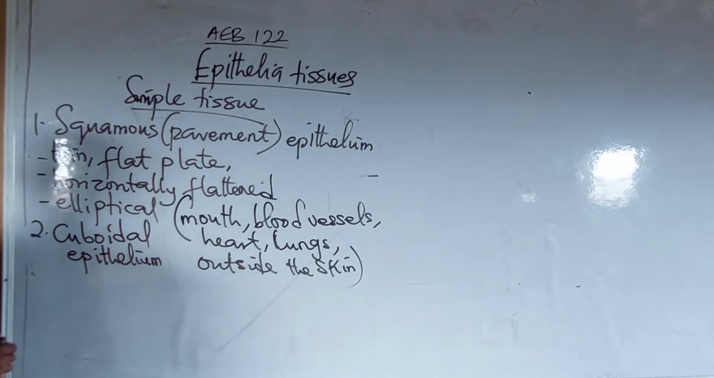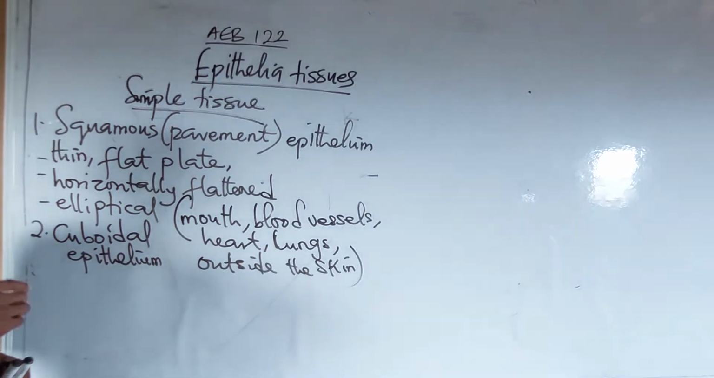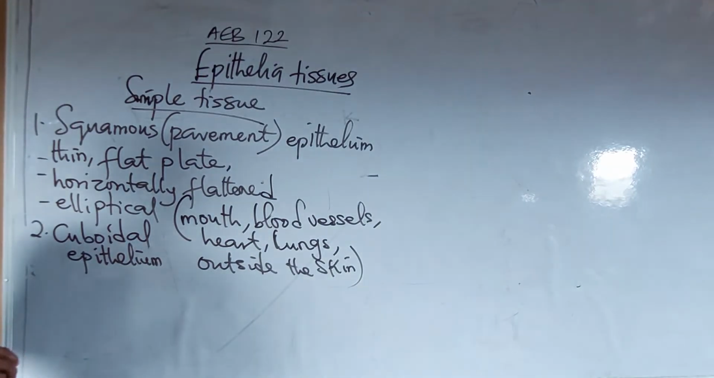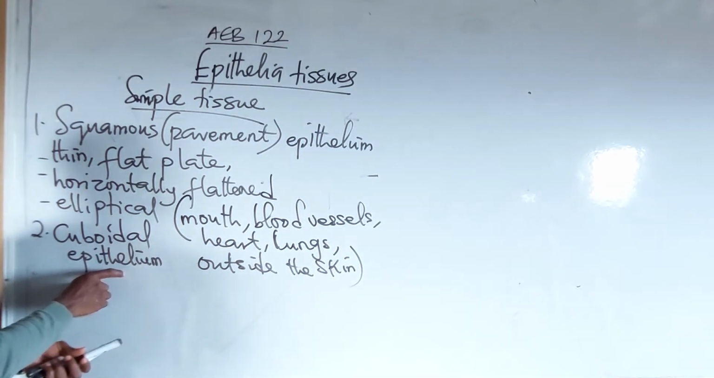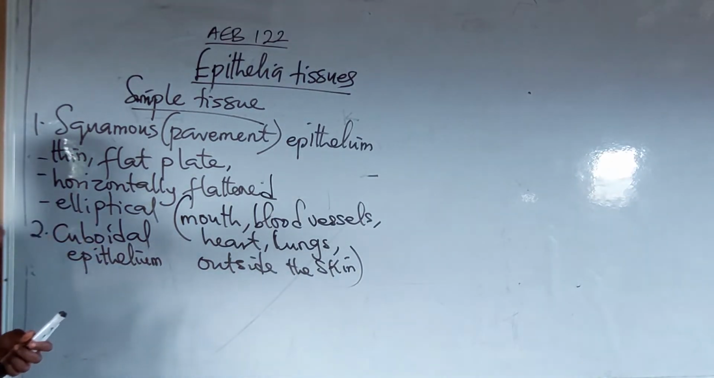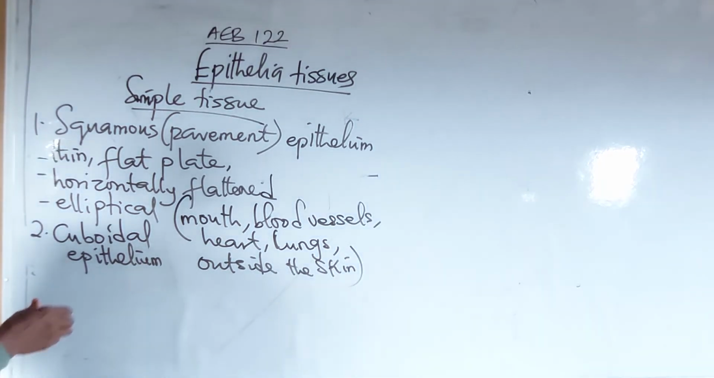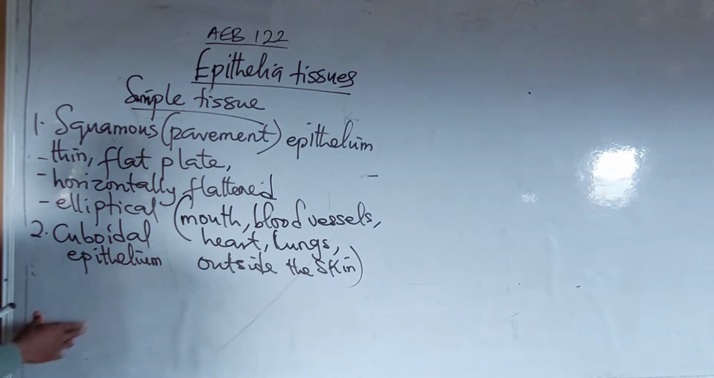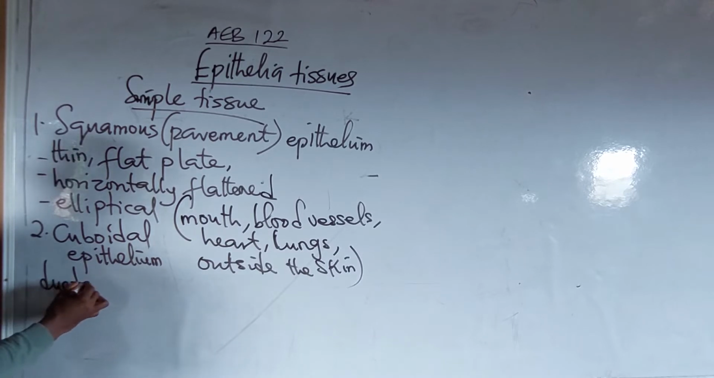Now, the cuboidal epithelium is cuboid, or it is what? Square shaped. Cuboidal, or what? Square shaped. And please, the nucleus found in the cuboidal epithelium is found at the middle. The nucleus is found at the middle of what? The cell. And cuboidal epithelium is found in places such as ducts of glands, ducts of